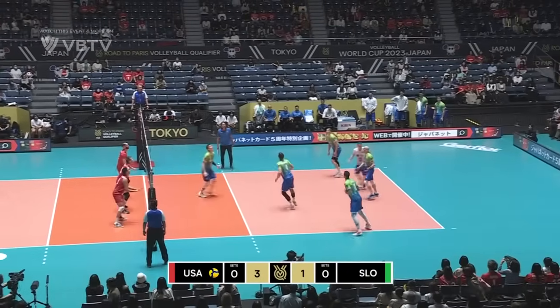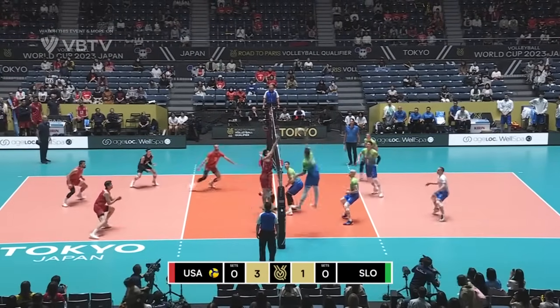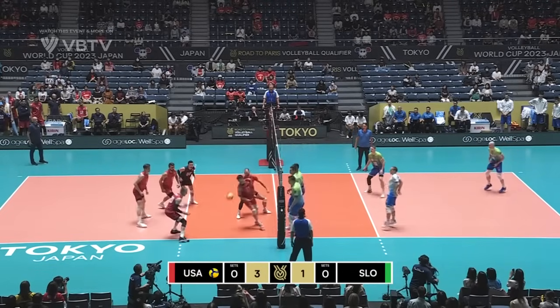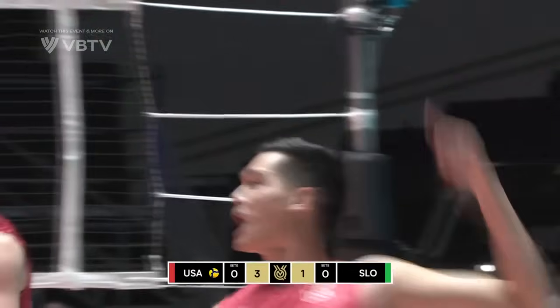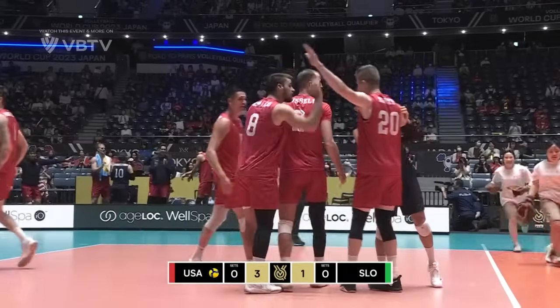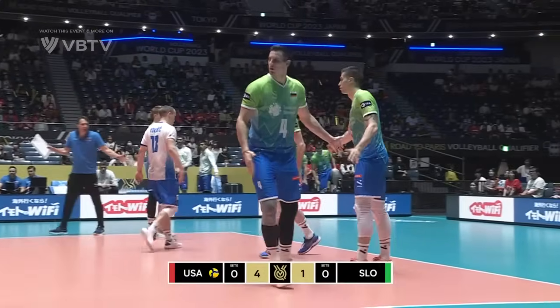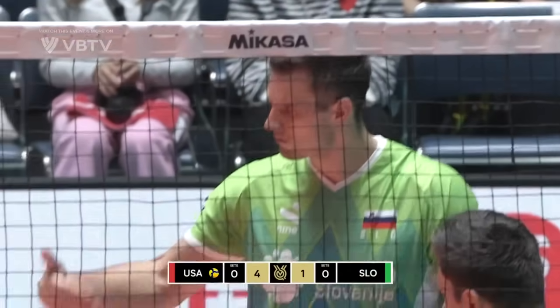Anderson again. It's high. Slovenia are in a good attacking position here. Over the top. Dealt with by DeFalco at the back. Christenson takes it on. The block goes out. And the USA are charging here. What a flying start. 4-1. The scoreboard gets even more one-sided than...